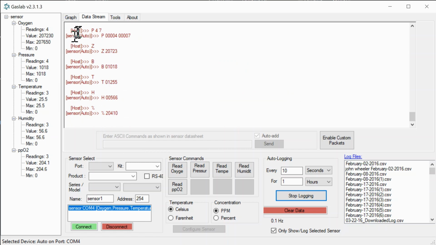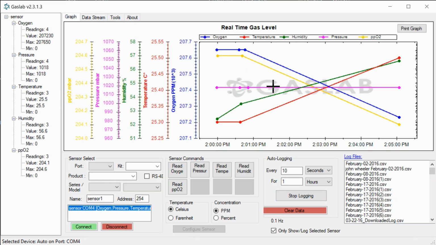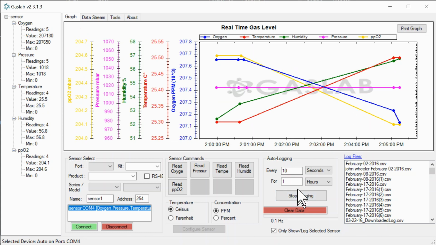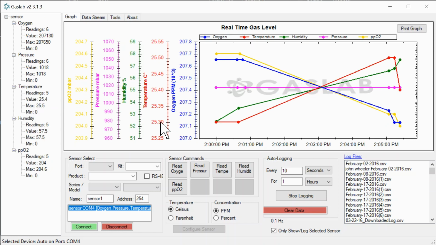You see it's making its first measurements. I'm going to go back to the graphing display so you can see how that occurred. And in a few seconds, we're going to get another measurement. Here that is. And you can see that they're accumulating out here. We know where the stuff is being stored. You'll note down here,